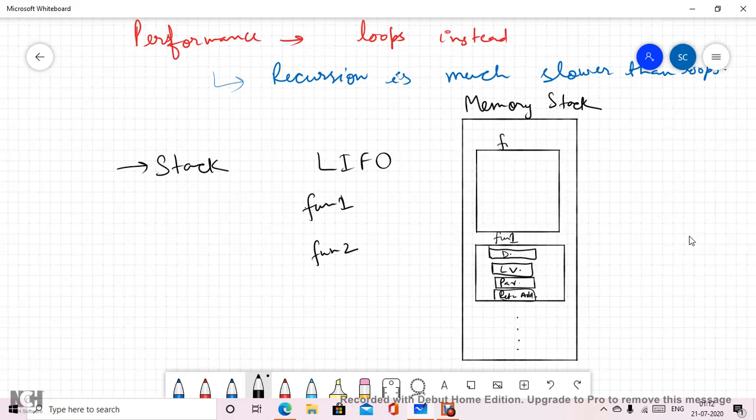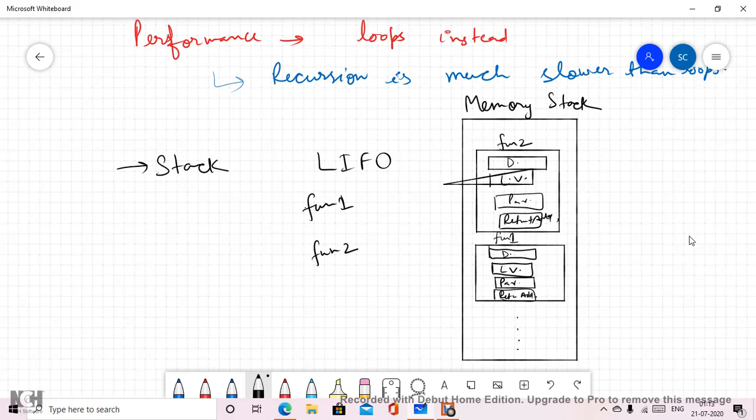So my fun2 will be written over here with the same type of data elements: what local variables we have, what parameters we have, and what the return address or return type is. Likewise the stack is formed. This is the illustration of the memory stack whenever we are talking about a function call.